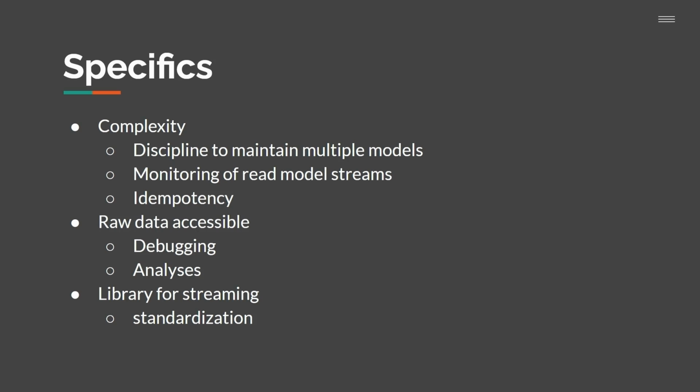Something that I read from Martin Fowler or someone very smart like that: smart people don't like complexity, and this is introducing more complexity to the system, of course. But if the value that we are getting is important, then complexity it is. We needed to be disciplined when working with the models. Sometimes it is tempting to reuse not the right one, and it works for a minute, but it is a slippery slope. So we need to be cautious about that.